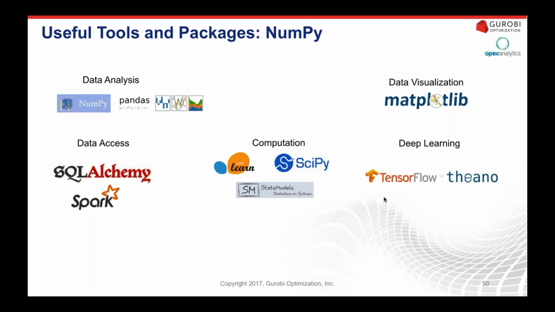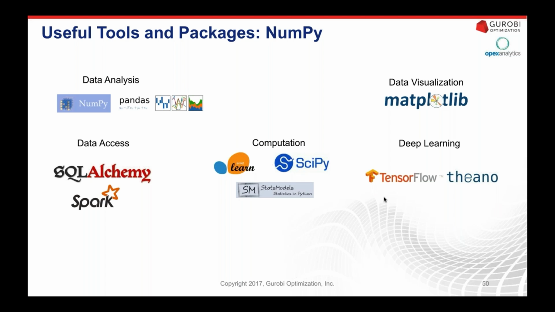NumPy adds large array support to Python, and it has a lot of great built-in mathematical functions. Pandas adds data frame support. That was what we were using throughout the modeling and feature engineering process. It's absolutely probably one of the most critical tools that you can have. It's great, I think, if you're first learning Python, coming from, say, an R background or a spreadsheet-oriented background. It's very easy to learn.